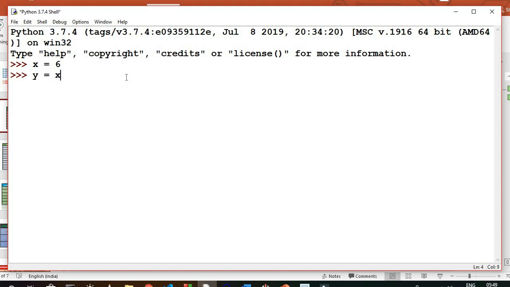Now y equal to x plus 6. It will give you a result of 12, because 6 plus 6 is 12. Next I'm going to tell you subtraction, like y equal to x minus 3. So x is a value of 6, so 6 minus 3 is 3. Next one is y equal to x divided by 3. So 6 divided by 3 is